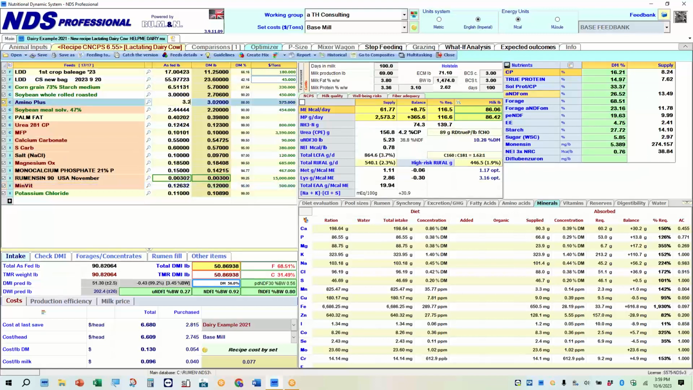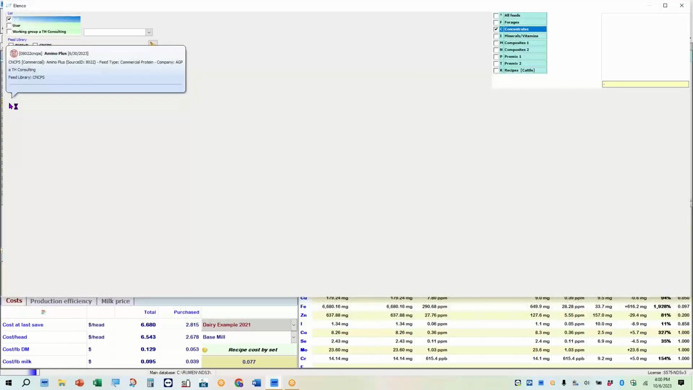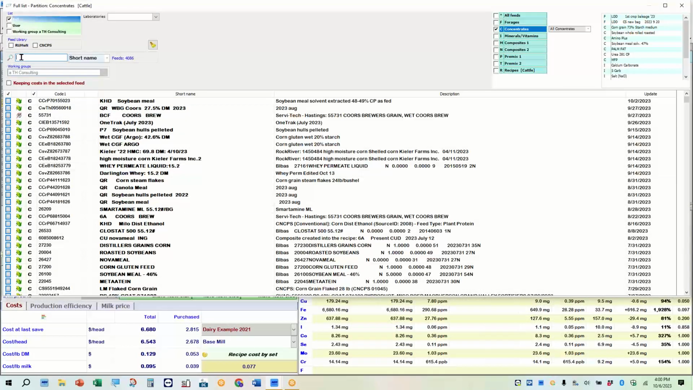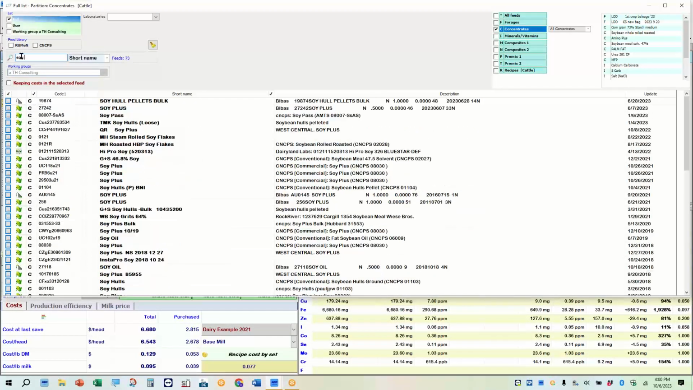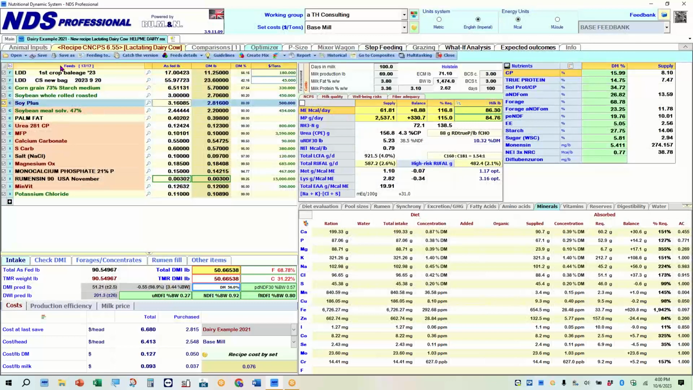What I might do is swap this out with some bypass soy and come up with some of the numbers that I want to look at. And let me just do a soy plus. All right, I'm okay with the numbers that we have here in this diet. Let me just go 3.2 and